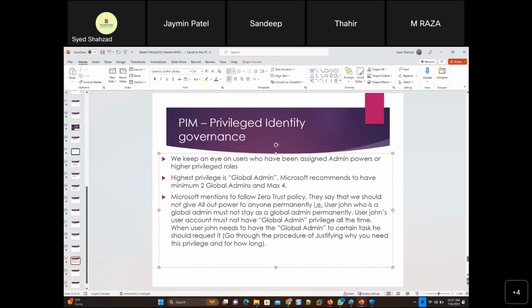So all those are tracked and traced, and alerts go to certain people that this is happening. So certain people can then react to that. Okay, suppose user John needed global admin privilege for the next 2 hours.